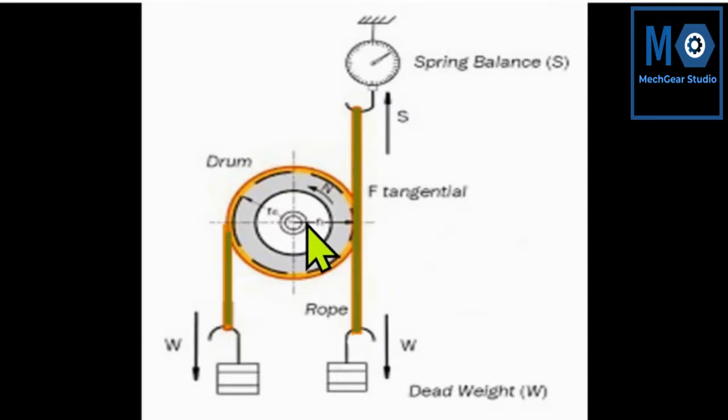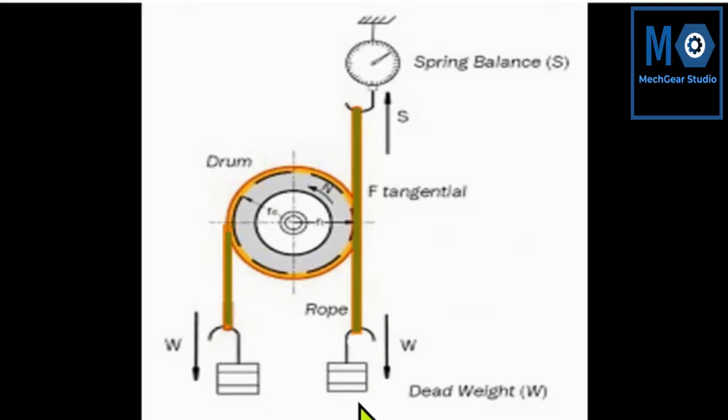then we can directly calculate the torque here, because the effective radius of the flywheel is calculated by adding the radius of the flywheel plus half the thickness of the belt. So you can find the torque directly, 100 Newton into meter, or whatever unit you have considered in the spring balance. This type of arrangement is provided here. Here you can see the rotation is given in the reverse direction, because this diagram is taken from another source, but in our case it will be rotated in the clockwise direction.